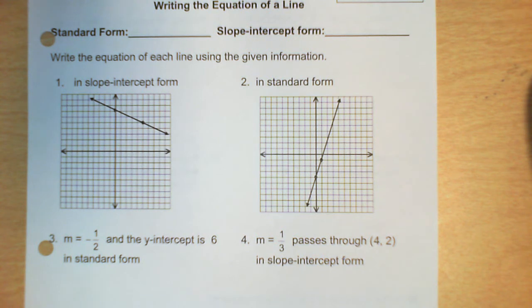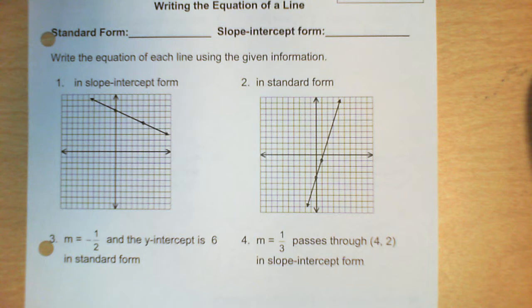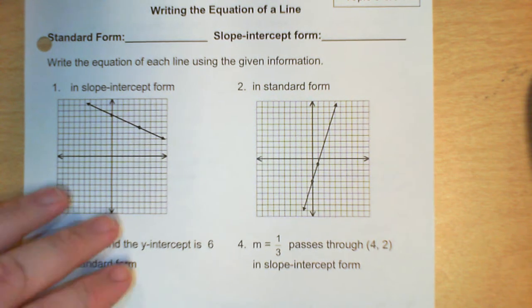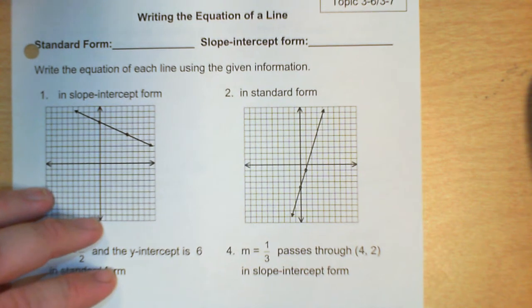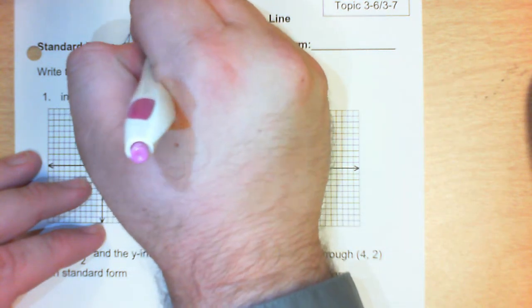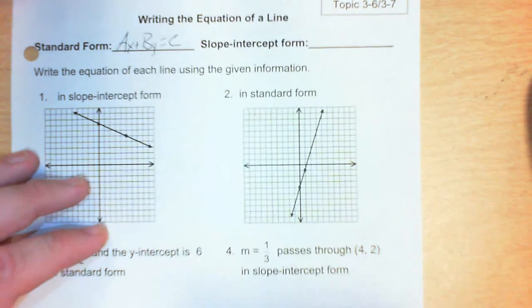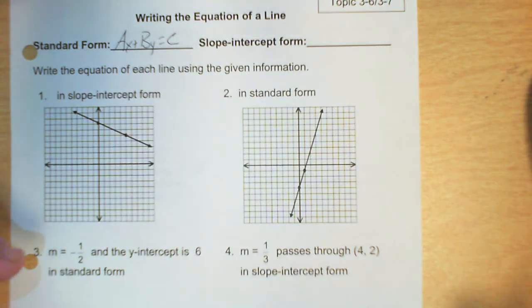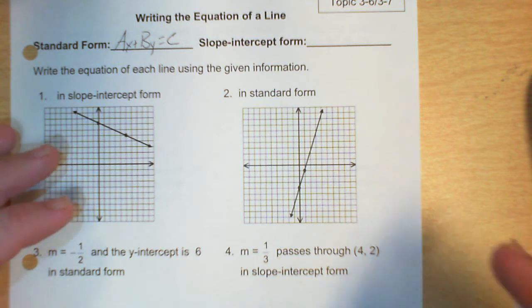Down first are standard form, which is ax plus by equals c. That's one we don't really see a lot. It's not my favorite one, but it's still standard form of a line. You're going to see that on the test. They're going to ask you, what is this in the standard form? Okay? And then the slope